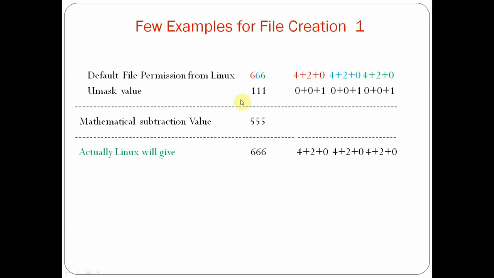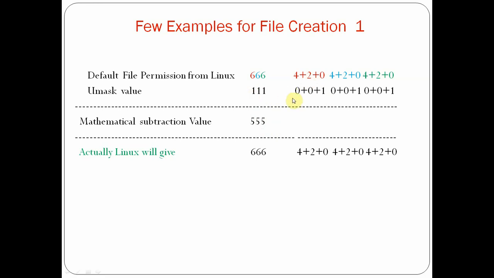So umask will contain the permission value which we need to filter from the default permission. Most people think that whenever a file gets created, the umask value will get subtracted from the default permissions and the rest will be given to the file. No, that is not true. It is about applying the mask. It clearly says I want to restrict execute permission from the default permissions. The rest of the permissions I am ready to take. That is what the umask value says.